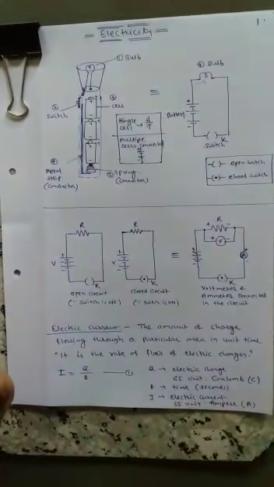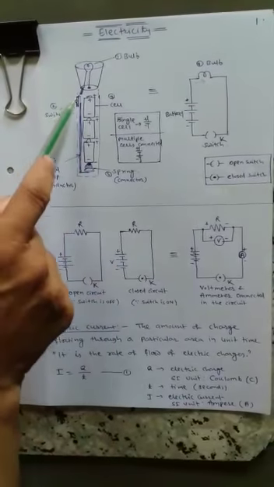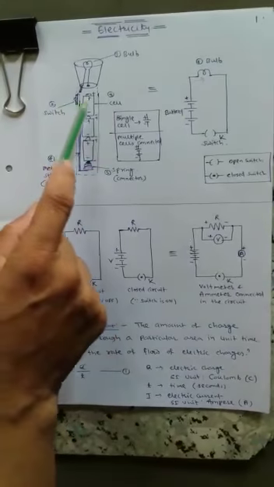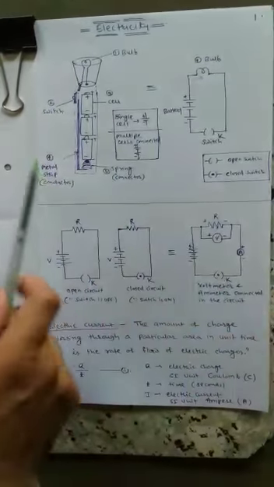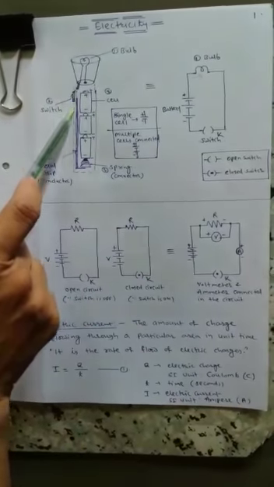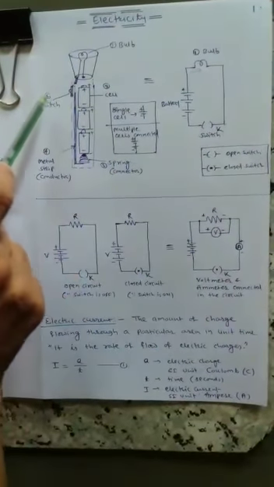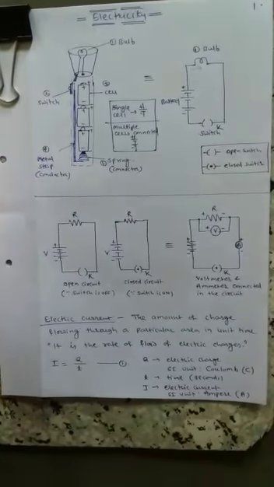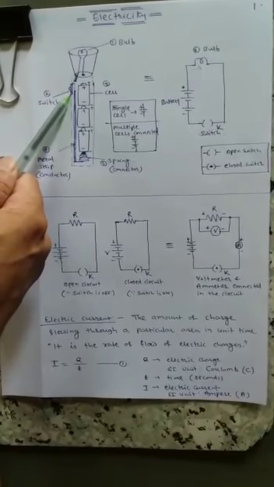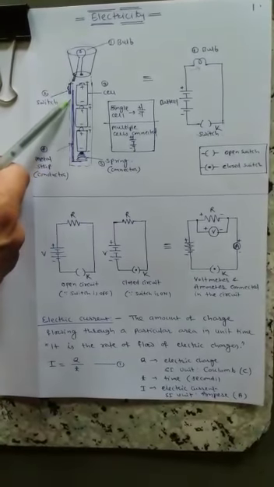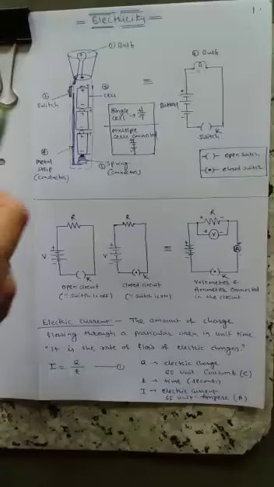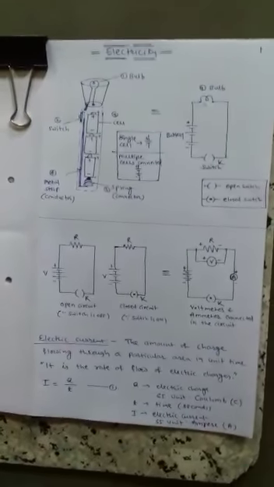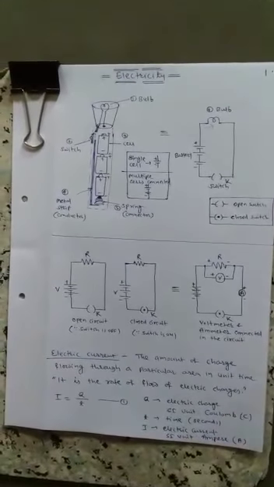Now, how will this circuit be formed? The lower part of the torch contains a cabin in which cells are placed. The body of this torch contains a switch. You will find that there are two types of switch. One is a sliding switch and one is a push button type of switch. A sliding switch, we slide it to make the torch continuously on, whereas a push button switch is pressed to make it work; as long as the button is pressed, the torch is on.